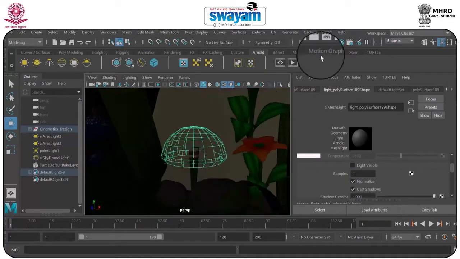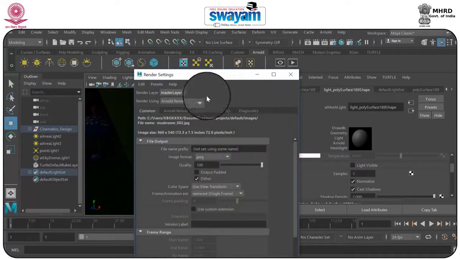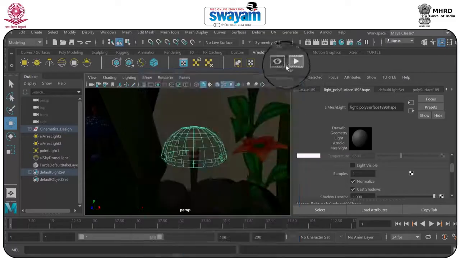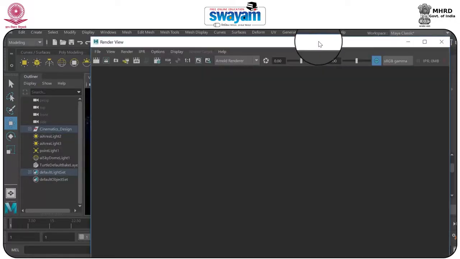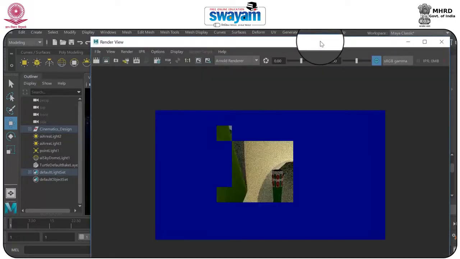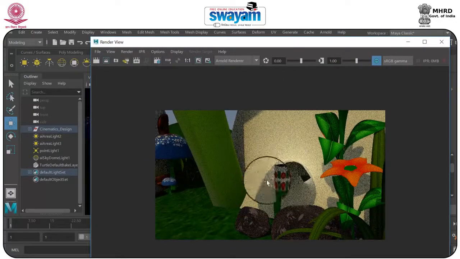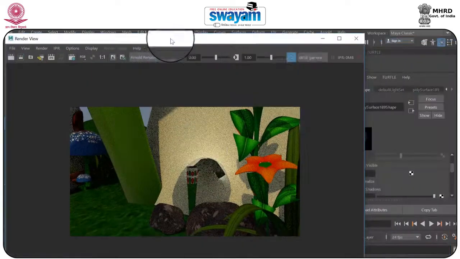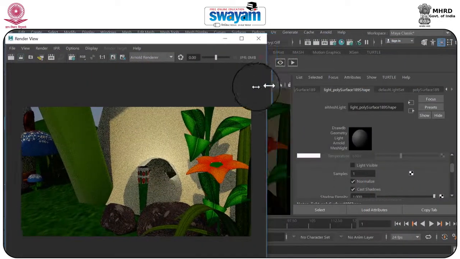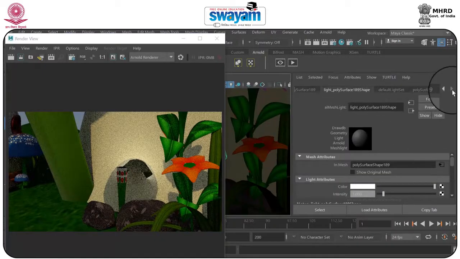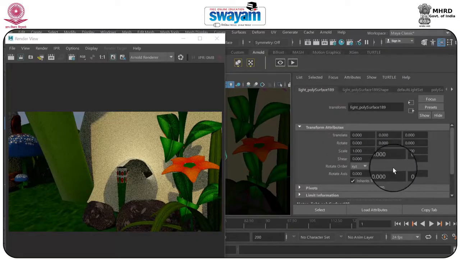For a test I will render a particular image. At first I will check that all the things are in low quality. Okay, fine. Now I will make a test render, and what we will get is nothing, because that light has, you can say, vanished. So what we will do, here you have light visibility. Now if we go here, we have the additional parameters which are present by default in Maya.